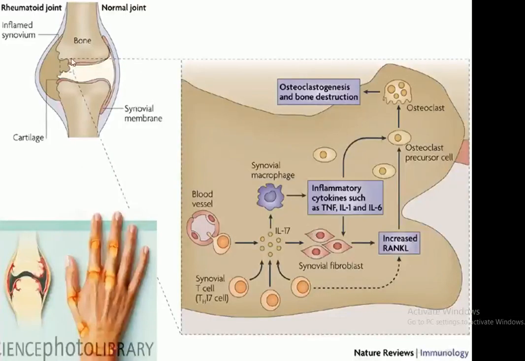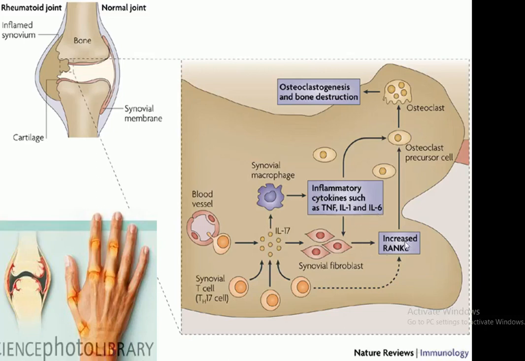And here the joints, when we magnify this or zoom to this area, we can find the blood vessels and migration of the cells, which secrete T helper 17 cells that secrete interleukin 17, which leads to the synovial. This acts on the synovial fibroblast, and also stimulates the synovial macrophage and the synovial T cells. T helper 17 cells will aggregate, and this leads to secretion of inflammatory cytokines like tumor necrosis factor, interleukin 1, interleukin